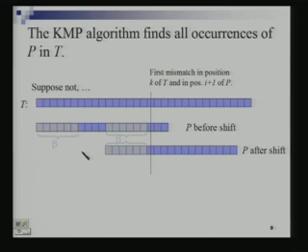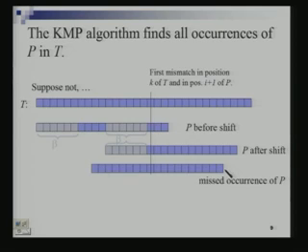So, suppose this was not the case, that is, the KMP algorithm missed out on certain patterns. There were certain patterns in the text which we could not find by this procedure at all. We will argue that such a thing cannot happen. And suppose there is this missed occurrence of the pattern. This part of the pattern matches the text, meaning these are the same as these, but we missed out on this one.